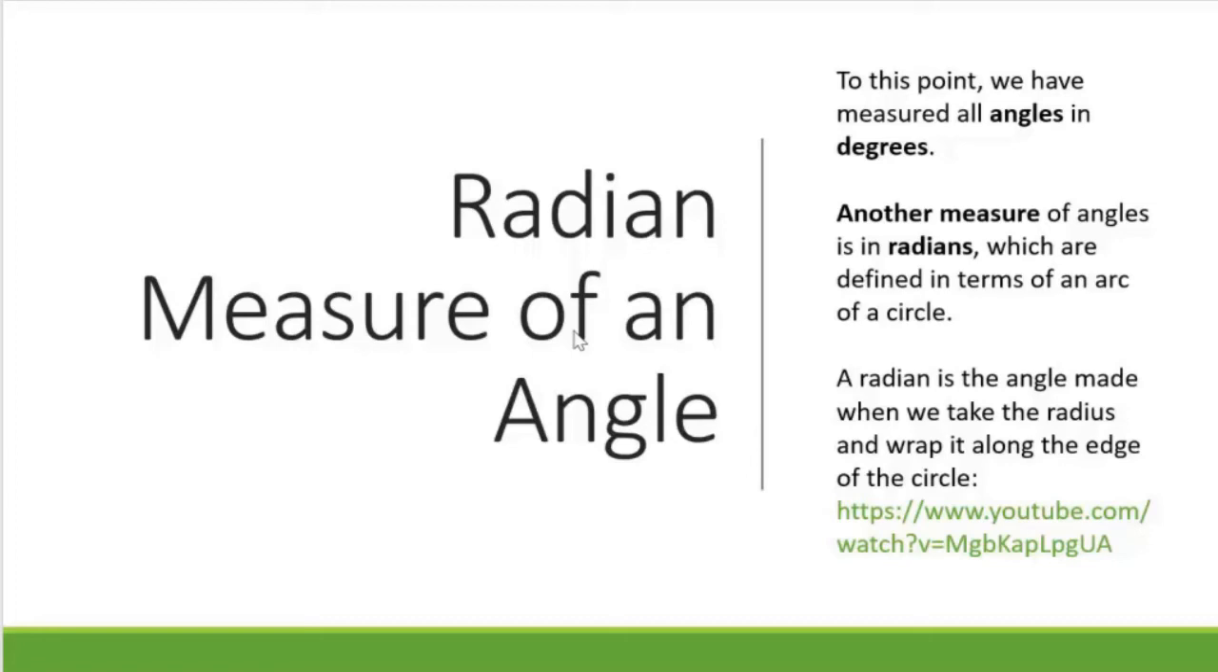In our everyday, we usually measure angles in degrees. In mathematics and engineering, however, radians are much more commonly used. They're defined in terms of the arc of a circle. And a radian is the angle made when we take the radius and wrap it around the edge of the circle. This is tough to show in words, but this YouTube clip gives you a perfect animation of what this